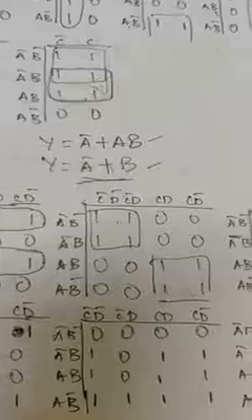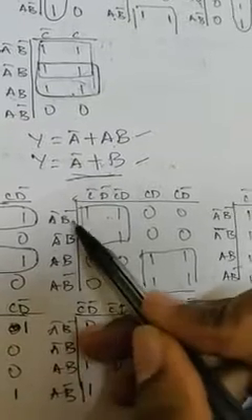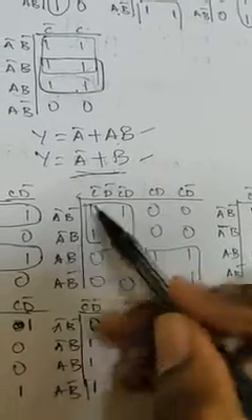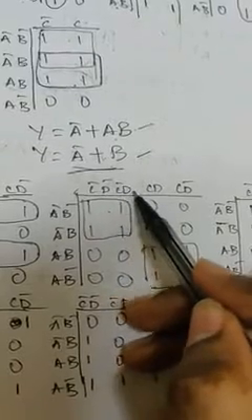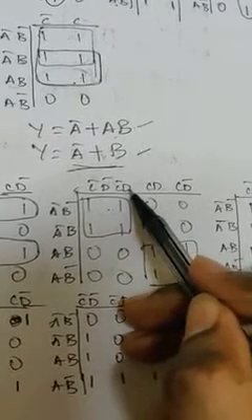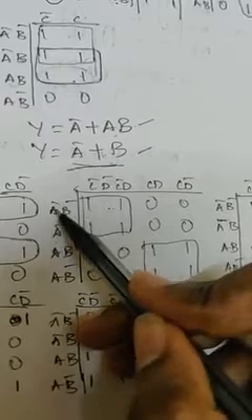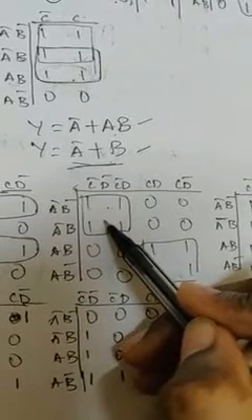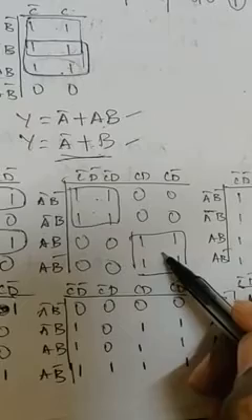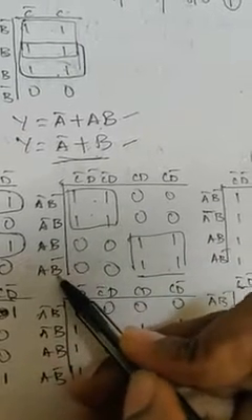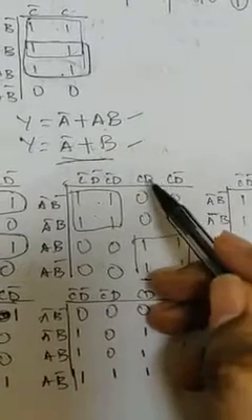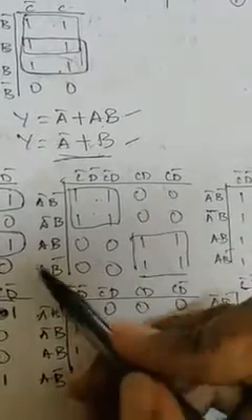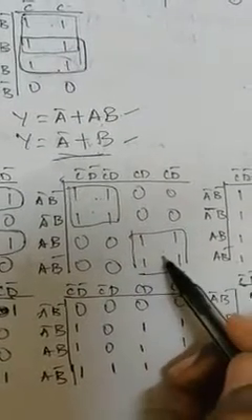Okay, let me write once again, not a problem. Okay, what is the answer for this quad? Look at here, A bar B bar, A bar B. B bar B cancels, A bar will remain same. Here C bar D bar, C bar D. So D bar and D cancel. C bar will remain here. Here A bar and C bar will be the expression for this quad. And plus, what is the expression for here? Look at it, B bar cancels, A remains. Here D bar cancels, C remains. So the answer will be A C for this one.